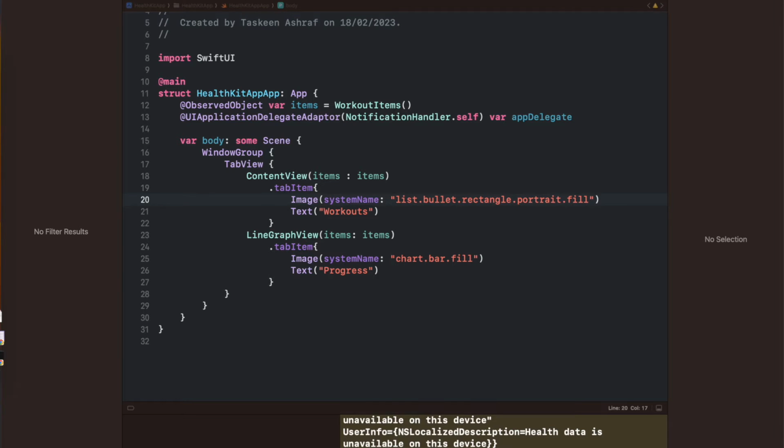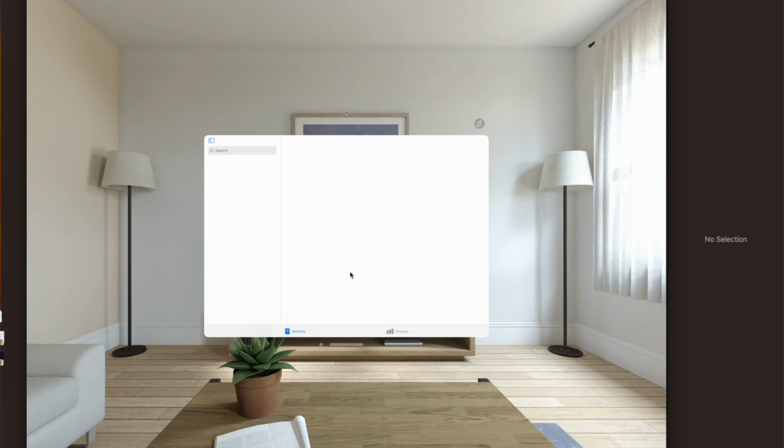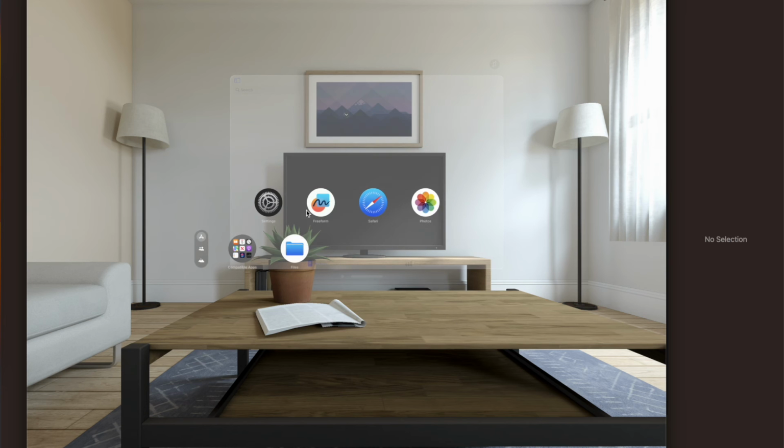So moving on to the next app, that is basically my HealthKit app. As you can see, once I give it the permissions, it is going to display nothing here because I haven't added any workouts inside the VisionOS simulator, which I had added when I was testing it with the iPhone 14 Pro simulator. So basically nothing is shown here, and when I checked the app inside the VisionOS simulator,